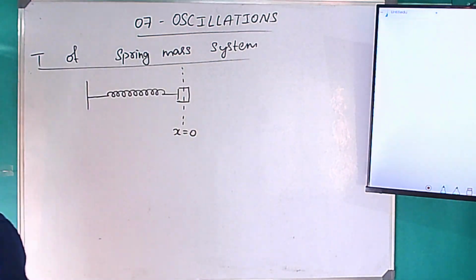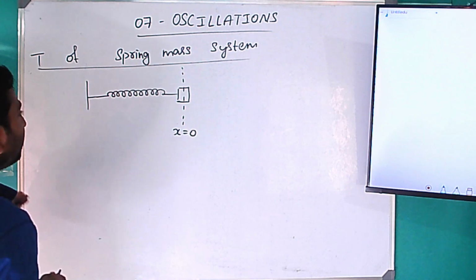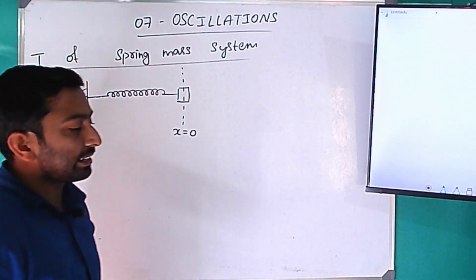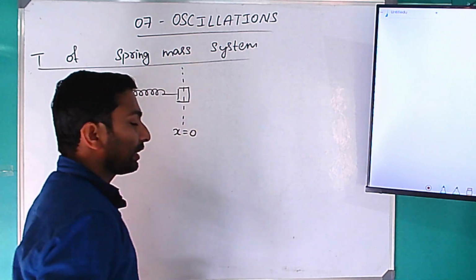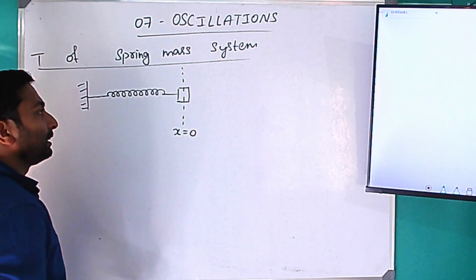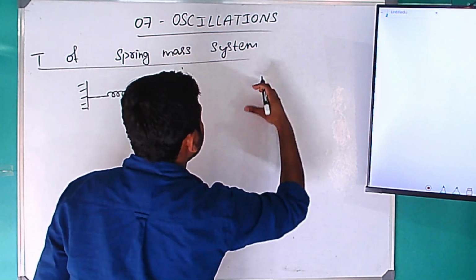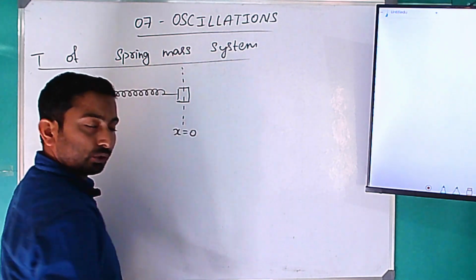So, spring mass system. Let me consider a spring whose one side is fixed to a rigid support and the other end is attached with a mass. So I have attached one mass. Now when I displace this, ಡಿಸ್ಪ್ಲೇಸ್ ಮಾಡಿ ಸ್ವಲ್ಪ ಎಳೆದು ಬಿಟ್ರೆ, it executes to and fro motion